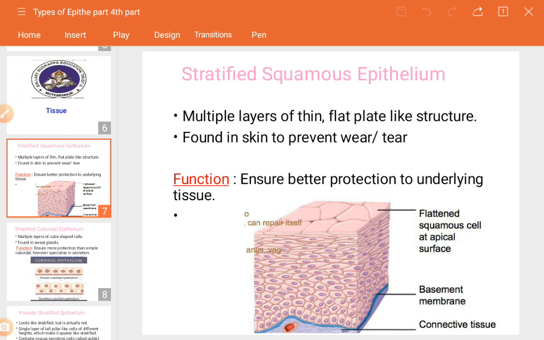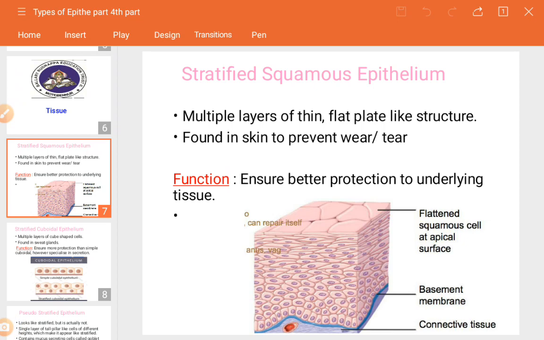See guys, if a small accident happens, for example if you are cutting vegetables or anything else, a small cut may happen on your finger or any place. At that time, the cut will be on just a single layer of the skin, so it doesn't go that far inside, as compared to big accidents. So what is able to prevent it? What prevents the cut from going beyond a single layer of cells? That is actually the stratified squamous epithelium tissue. It helps and prevents the tear and the wear.